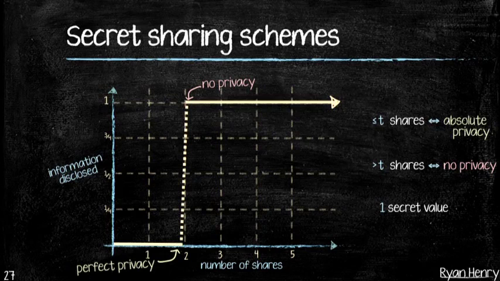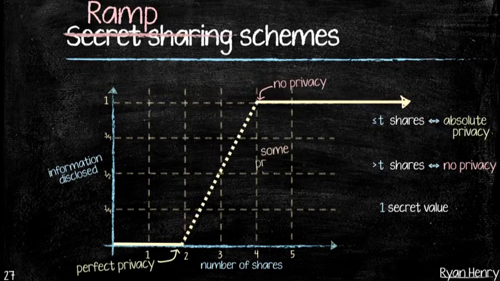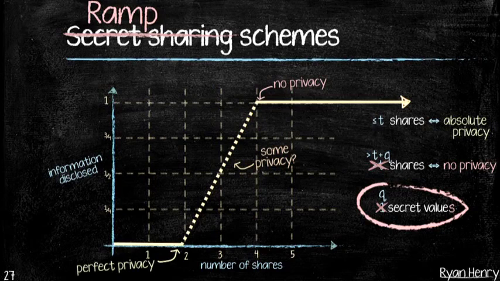In a ramp scheme, we relax this a little bit. If you have fewer than 2 shares, you still have 0 information at all about the secret. But now to get complete information, you have to have, say, in this case 4. You have to have T plus Q shares. So in the secret sharing scheme, it was T plus 1. Here we're saying it's T plus Q for some Q, and Q could